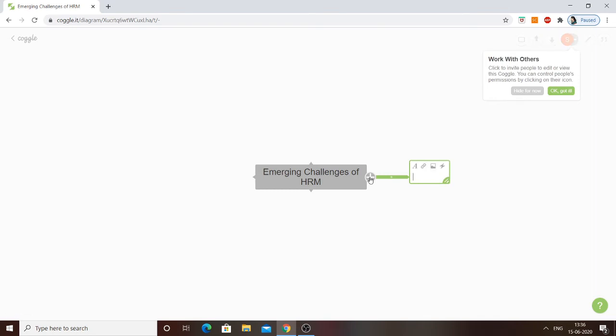So this first branch has been added, one more branch and one more branch. I have added 4 branches. I can add as many branches as I want by clicking on this plus sign.